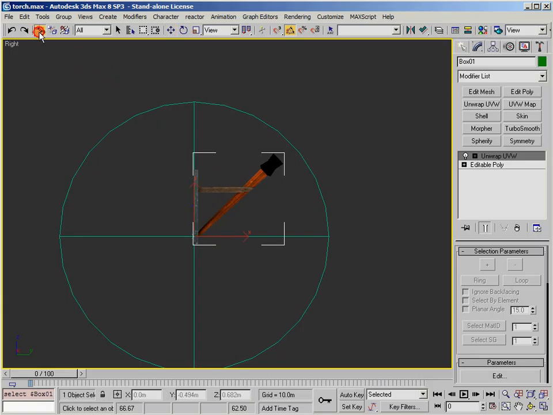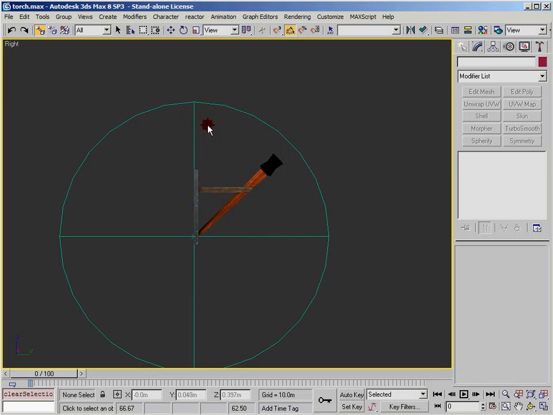Okay, so now I need to take my torch object and link it to my dynamic mesh root. Remember, anything that's linked to the mesh root or linked to something that's linked to the mesh root and on down the hierarchy, anything that's in the hierarchy below the mesh root basically is what's going to get exported. Now, the next thing I want to do is define the point where my flame particle effects are going to be spawned. And that particle effect needs to come out of the part on the torch where the fire is going to be, obviously. So I need to mark that spot somehow. And the way that we do that